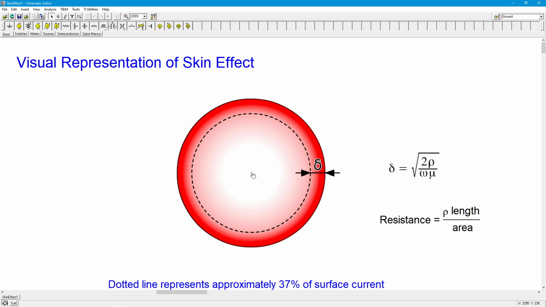This is very inefficient. So what can we do to get around this? Well, there are some things to consider, right? As I said, you could use a tubular, hollow, pipe kind of conductor. It also tells you a little bit about maybe making a high current conductor